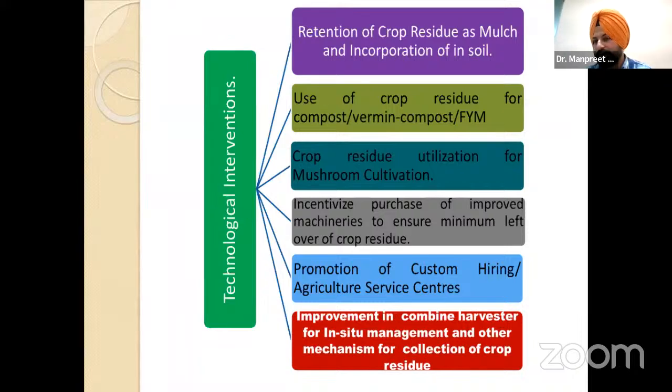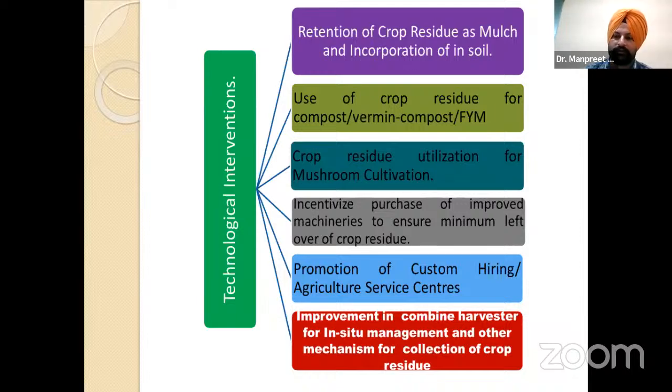उसके बाद सेम वही कि आप क्रॉप रेजिड्यू को कंपोस्ट, वर्मी कंपोस्ट बना सकते हो। ठीक है, फार्म यार्ड मेन्योर मिक्स करके बना सकते हो आप। क्रॉप रेजिड्यू यूटिलाइजेशन मशरूम कल्टीवेशन के लिए ये सबसे इंपॉर्टेंट है कि आप पैडी स्ट्रॉ में उसको एज मशरूम कल्टीवेशन में सोर्स यूज कर सकते हो। इसको पैडी स्ट्रॉ को या अपनी कोई